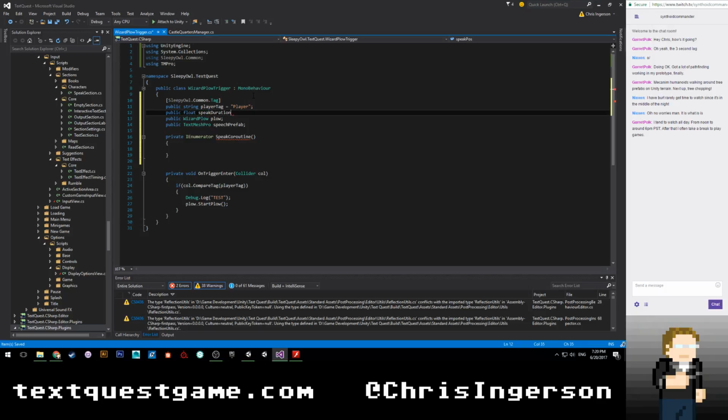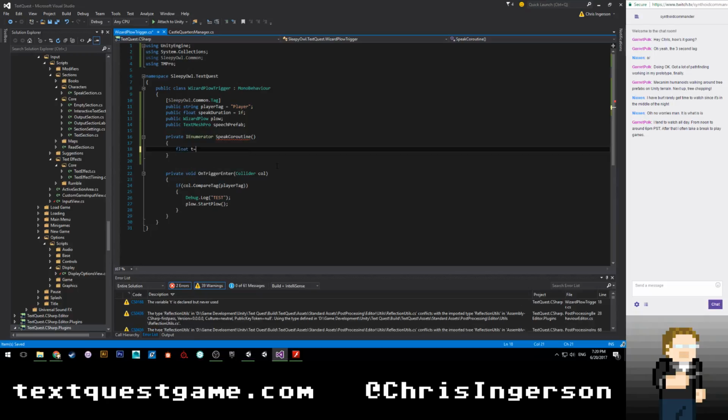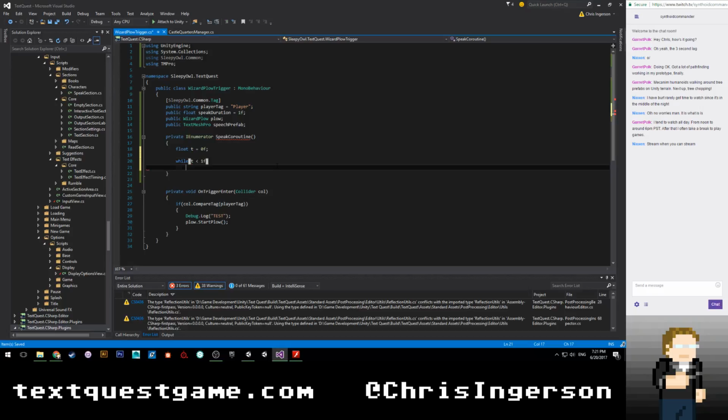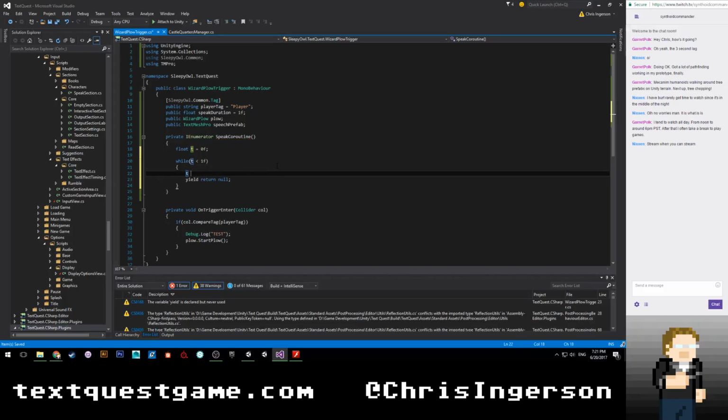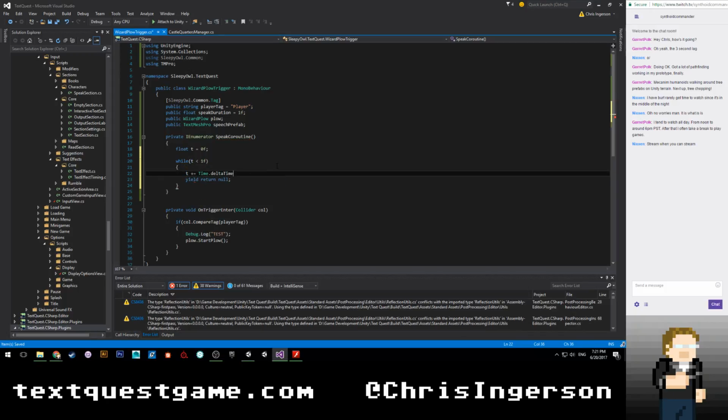Duration, I guess, is equal. Let's have it be done in 2 seconds. That might not be fast enough. I might actually have to lower that to 1 second by default. Okay, so we're gonna say float t is equal to 0f, while t is less than 1f. Yield return null, t plus equal time dot delta time, divided by speak duration, I believe is what I want to say. All right,